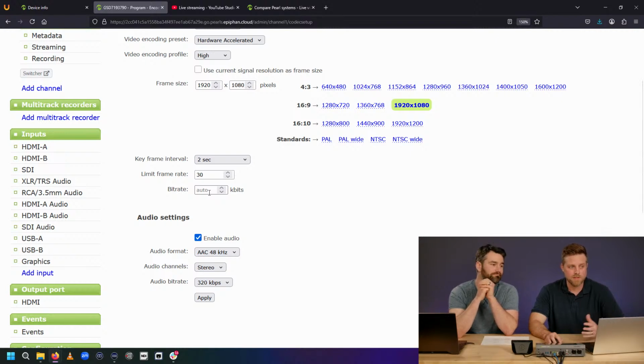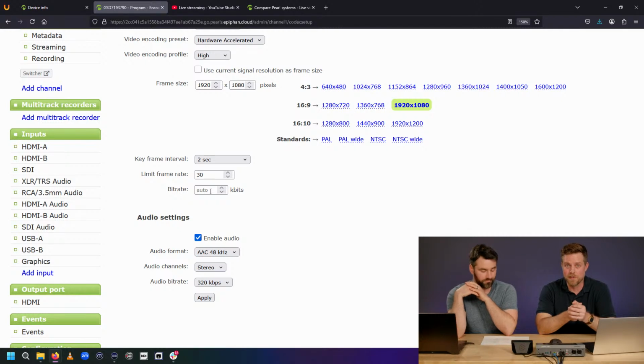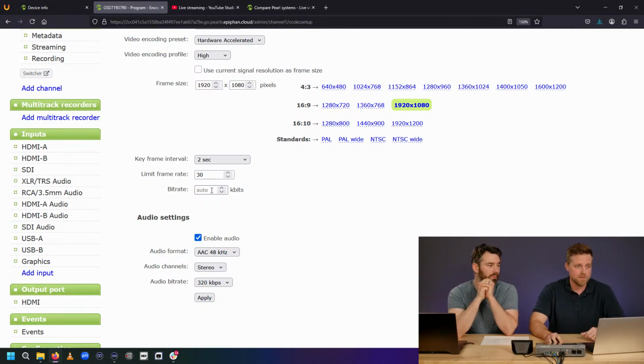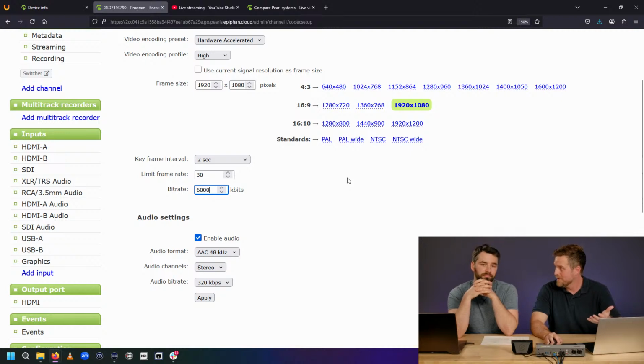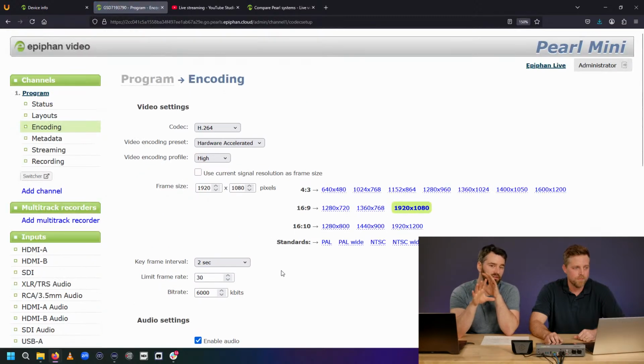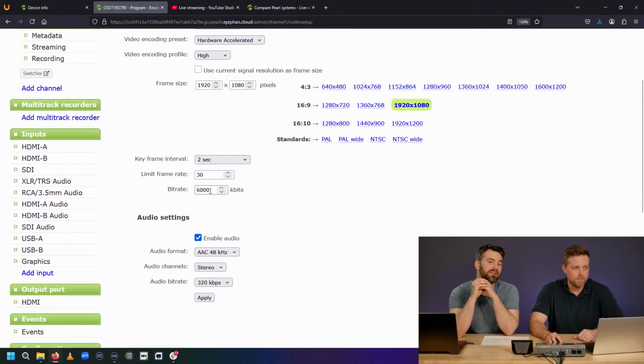Yeah, this is where bitrate is really determining not only the quality of that encoding, but also the file size of the recording that's going to pop out the other side, right? Absolutely. So for something like 1080p HD, something in the neighborhood of 6,000 kilobits, or 6 megabits, is good, in many cases very good. Yeah, a good trade-off between compression and quality, and you'll see auto in that field by default.